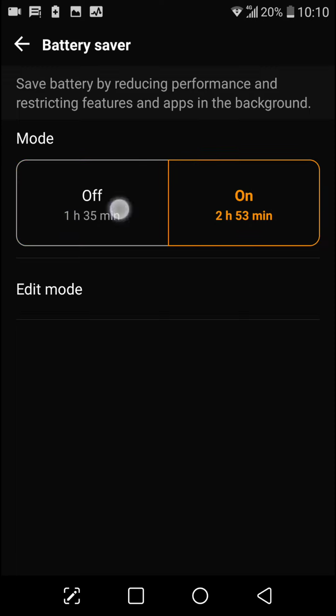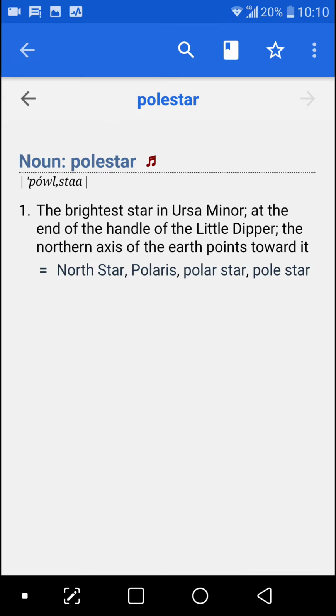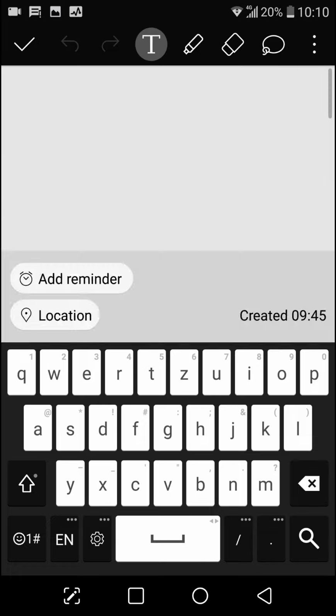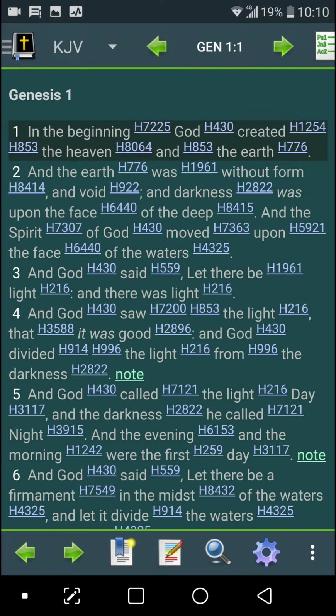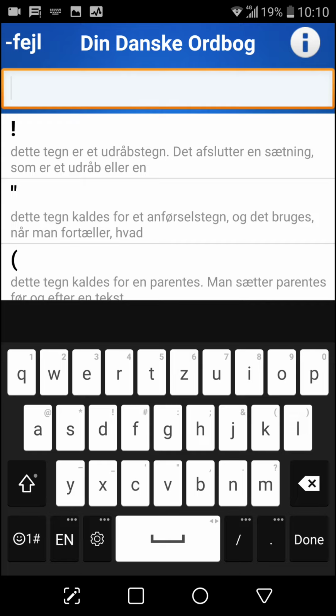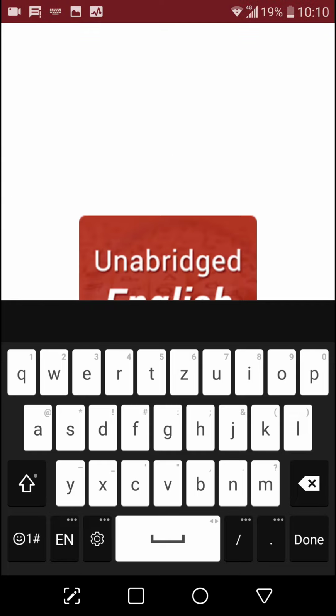Now, of course, you can't see the second screen, but I use it to go directly into, for example, the dictionary. I have one dictionary. I also have the memo at the moment. I have a Bible program up there. Actually, I have 3 dictionaries up there, a Danish dictionary, and another English dictionary. But usually I use this dictionary,